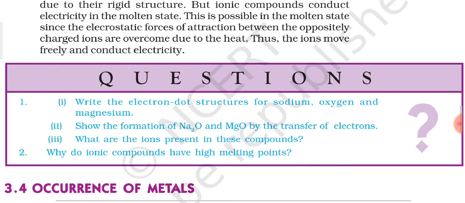In whatever way you want to show, you can show, but you only have to show the valence electrons. You don't have to show the total number of electrons present in an atom of the element. So keep that in mind. These are the only two things. You can also consider this as the first step of electron dot structures for different elements.